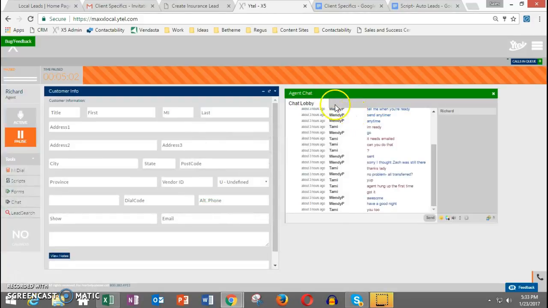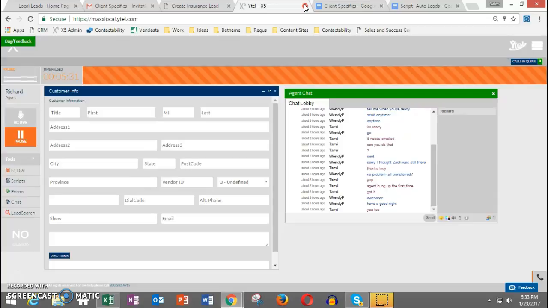Okay, so those are really the two main windows that you guys are going to be concerned with. Now, one thing I want to mention, and this is one thing that I want you to write down, maybe put a sticky note on your computer to do this. Whenever you log out for the day, you're done, or you're going to be gone for an extended period of time, let's say a half an hour to an hour, you need to exit your dialer. Now, for a lot of people nowadays, all we normally do is click an X button and just close out of the tab.